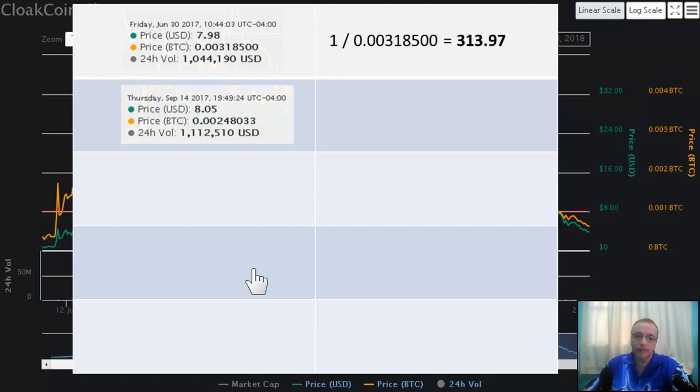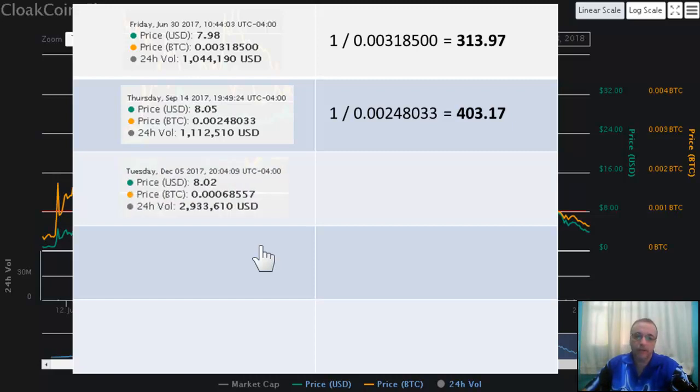So the other date, September 14, you can buy with one Bitcoin, divided by the Satoshi. You could have bought 403 Cloak coin with one Bitcoin on that date. So here, better value for your Bitcoin. Again, on December the 5th, 2017, at 68,000 Satoshi, you could have